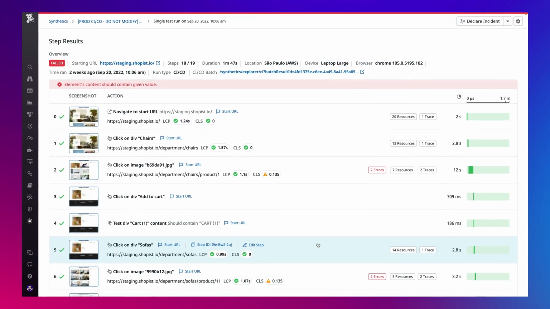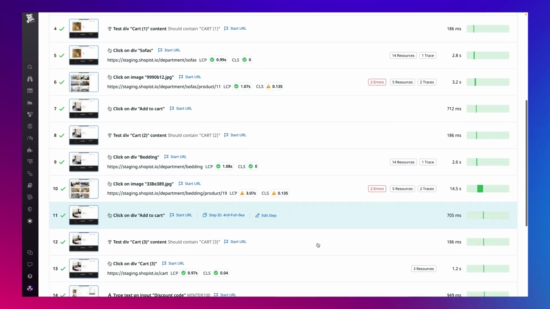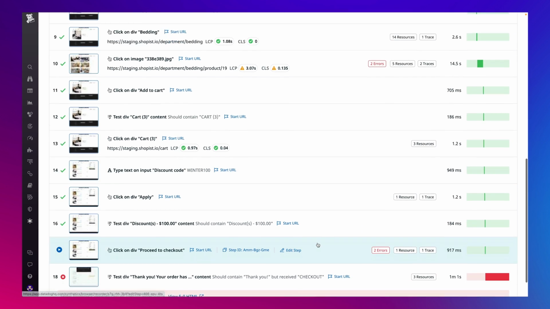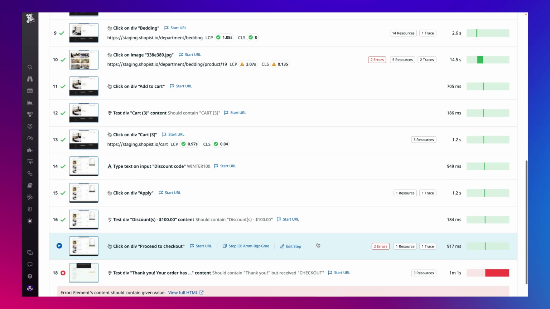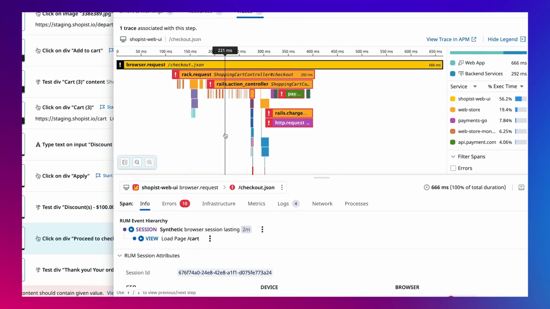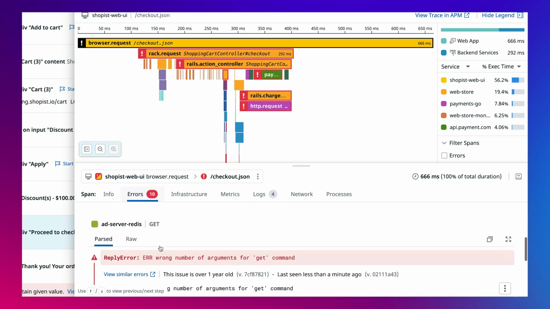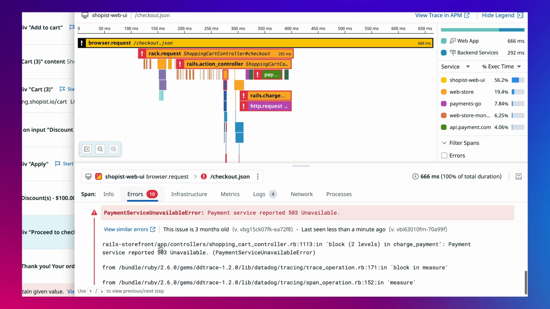Here, we can see the checkout flow steps with screenshots, resources, and any console errors available throughout the test run. Since the team has instrumented their services and application with Datadog APM, we can click into a trace to take a closer look at the relevant metrics, traces, and logs to identify performance or load changes for their staging environments that could have contributed to their pipeline failing. We can also see from the errors that the payment service seems to be having an issue.